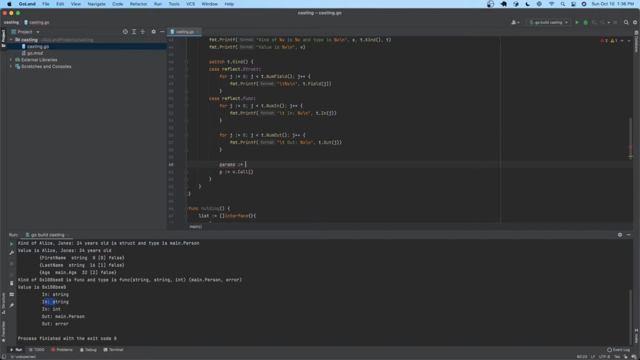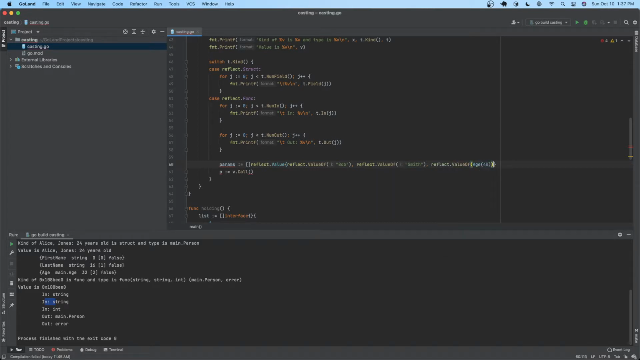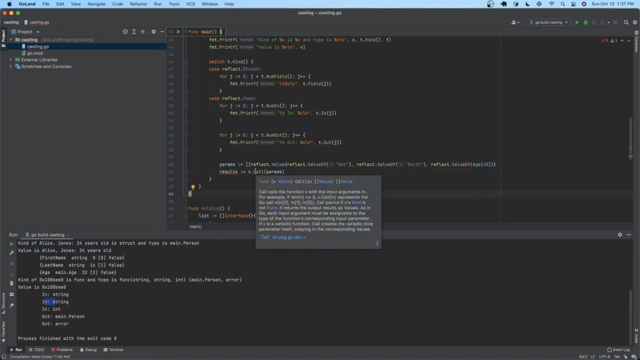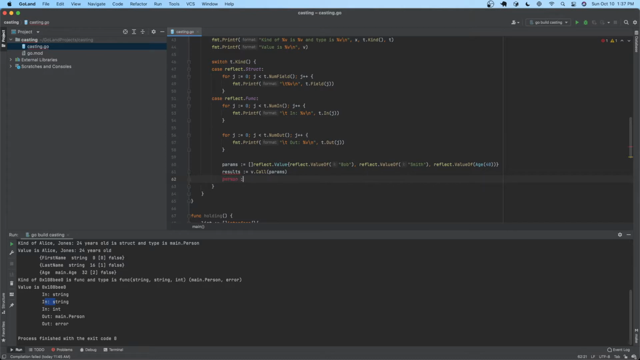params and an own value. And so we're going to say value of Bob, Smith. So we're going to pass the params, and instead of calling this p, let's call these results. So if we look at the Call, of course, we pass in a list of values, and we get back a slice of values. So we know that person is equal to results